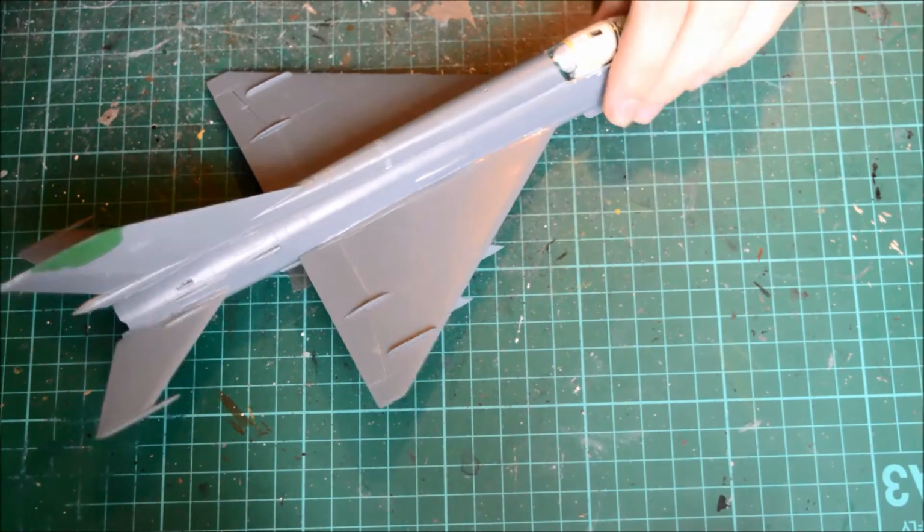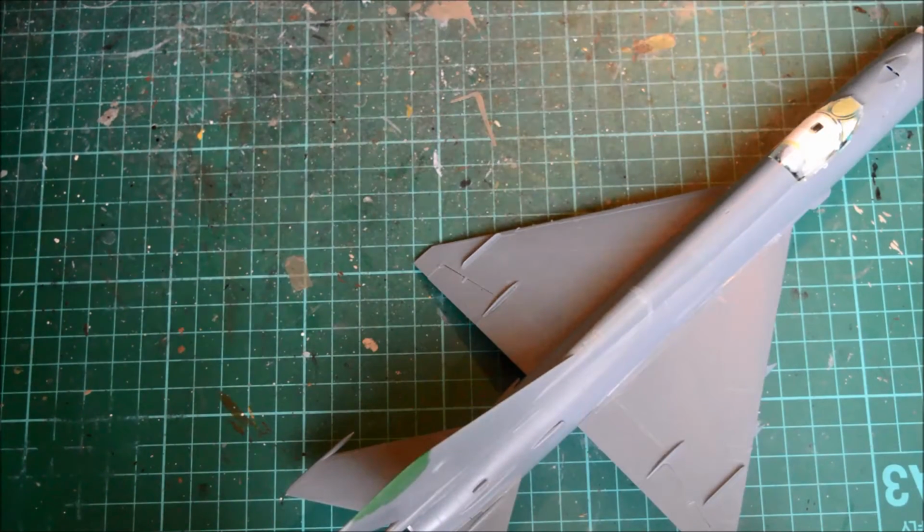So what I'm going to do is start with the underside. Now it does say, now you could do your, now if you're following along with,